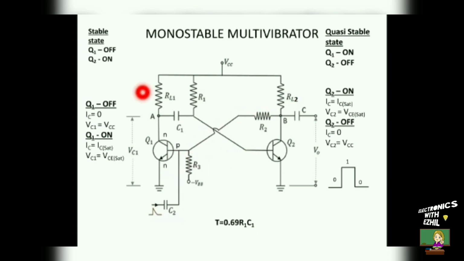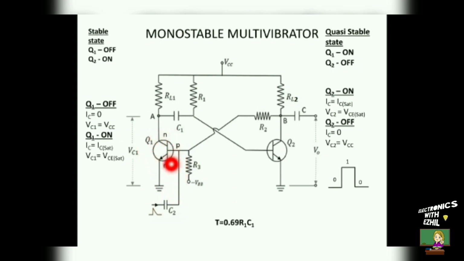The resistor RL1 is the load resistor of the transistor 1. The resistor RL2 is the load resistor of the transistor 2. The components R1 and C1 are used to determine the pulse width of the monostable multivibrator. The minus VBB is given to the base of the transistor 1 to keep the transistor 1 in reverse bias condition. The capacitor C2 is connected to the base of the transistor 1 through which a positive going trigger pulse